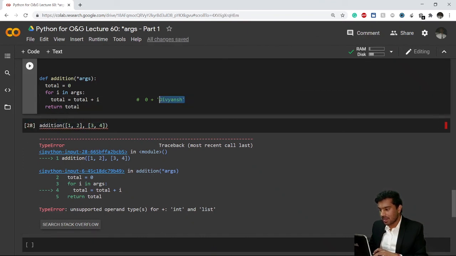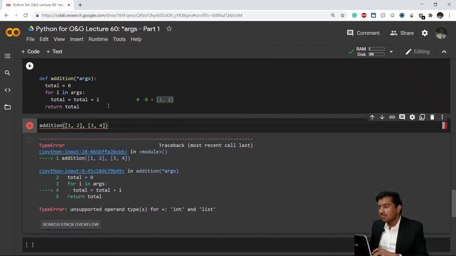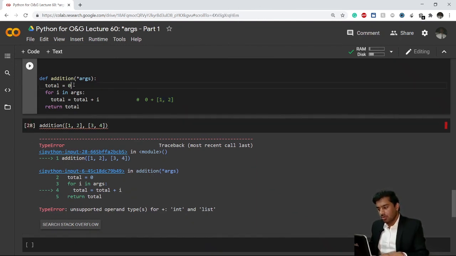So this time I'm adding 0 plus the list [1, 2], which is not operable in Python, because we are adding an integer to a list, which does not give us any results.